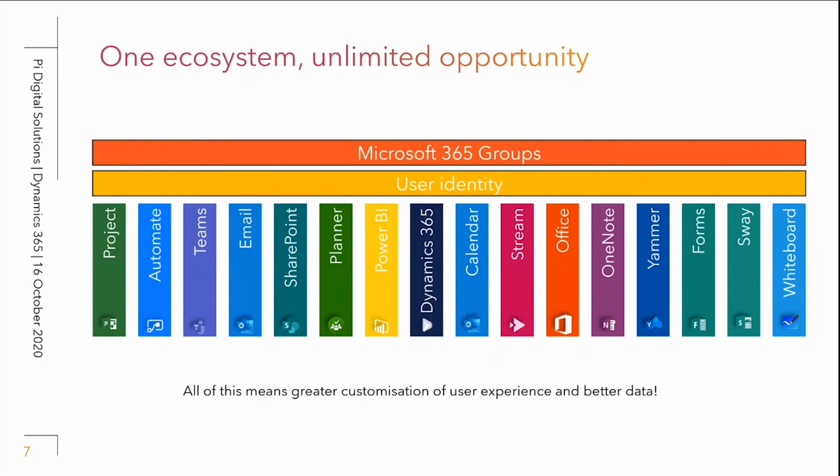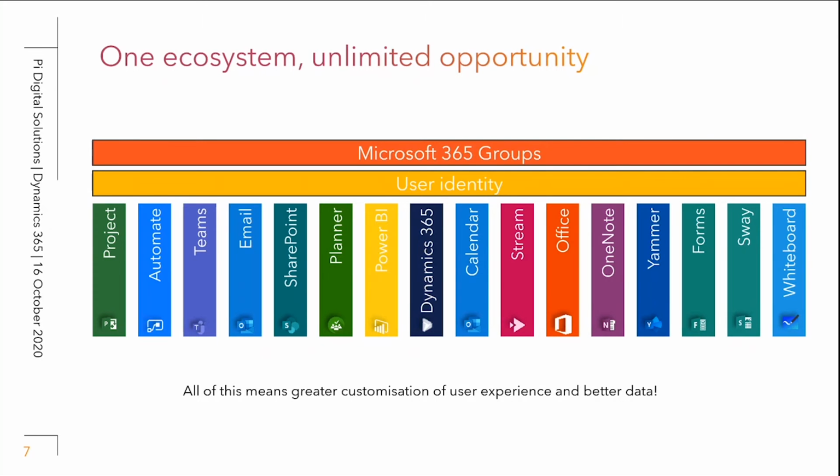Most SharePoint sites these days are going to be part of groups, because every time you create a group, you get a SharePoint site, you get a Planner, you get the opportunity to build a workspace with Power BI. So bringing this all together, it feels more like one ecosystem. But the smart thing here is that using something like Dynamics, you can then pick and choose which parts of the rest of Microsoft 365 you do want to interact